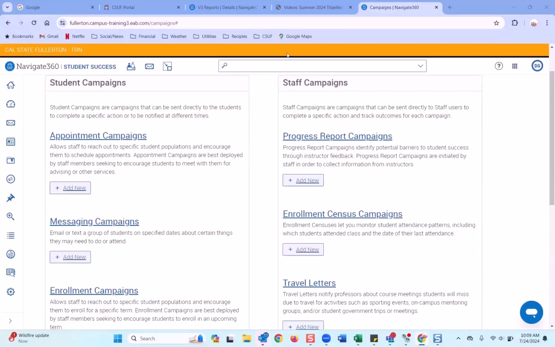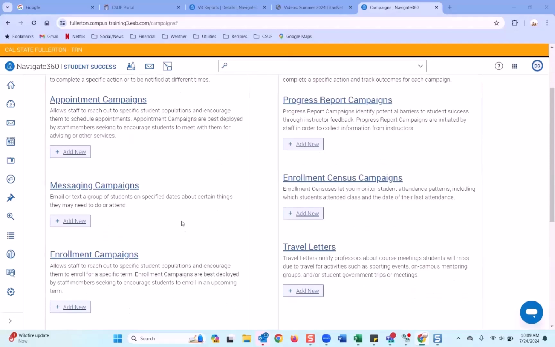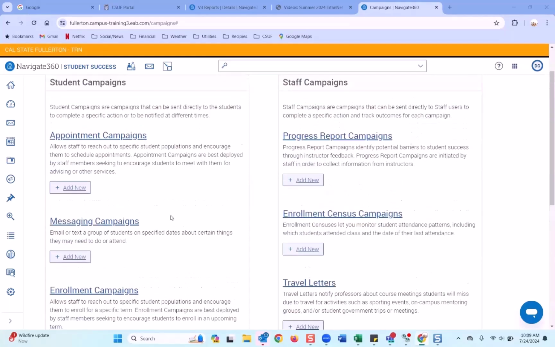And then we also have enrollment campaigns. An enrollment campaign is sort of an invitation. You're inviting students to enroll, or you're encouraging them to enroll, and you're able to track all that as well. So we're going to start with the appointment campaigns, and we're just going to go through the different aspects of that. But before we get into creating a campaign, you have to think about things a little bit